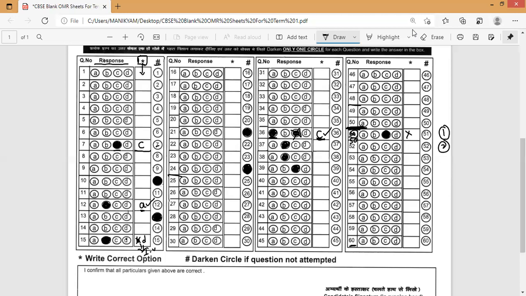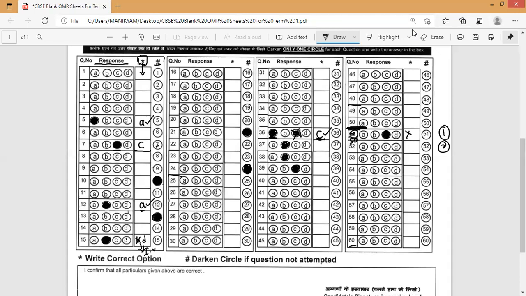Next, suppose a candidate is satisfied with darkening the circle, this response has to be written in the box. The candidate has to reply in both the circle and the box. Now suppose in the fifth question, option A is the correct one, and you have written the same option. This is also no problem. It will be considered and evaluated. So if you feel the same option is correct, you have to write it. That is the same point I am telling you from the first.